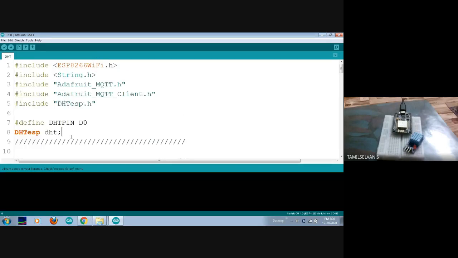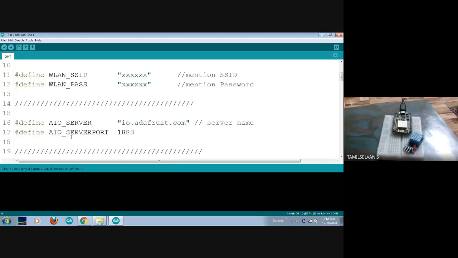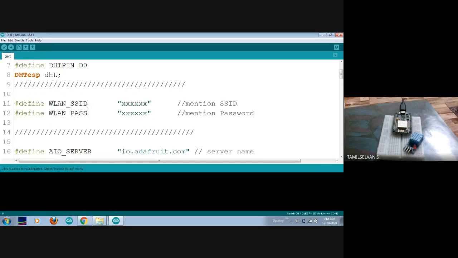So after this, the header file and definition is over. And now we have the connectivity part. There are two connectivities I told. The first one is between your controller and the router, and the second one is router to the cloud. This particular portion of the code will connect the Node MCU to the internet. It will give you just the internet for your controller. For that, I'm going to use my Wi-Fi SSID and a password, so Wi-Fi username and a password.